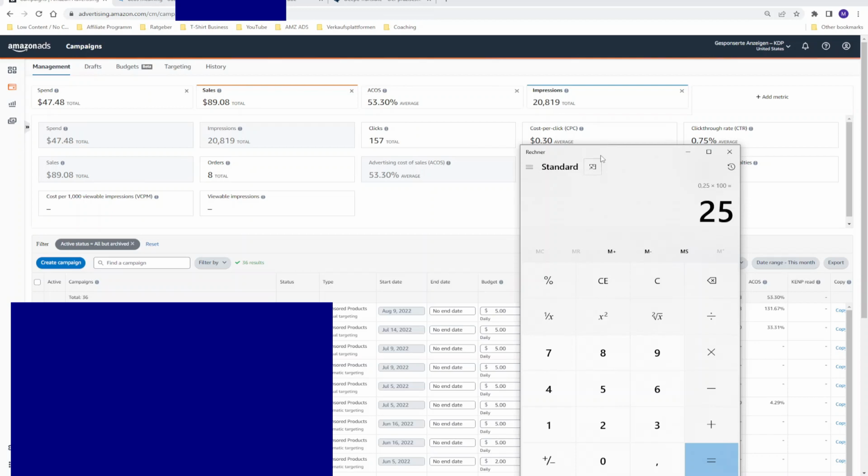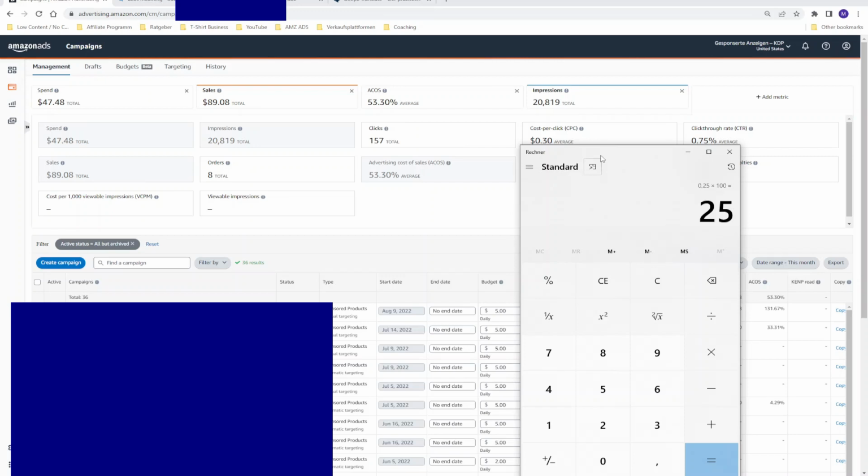Okay, and now you have to compare your ACOS with the profit margin. If the ACOS is under your profit margin, your campaign is profitable and you're making a profit. If the ACOS is equal to your profit margin, you're making no losses and no profits. If your ACOS is higher than your profit margin, you are making a loss.